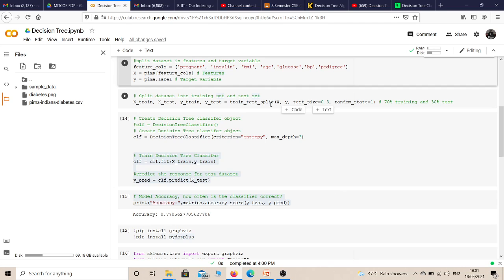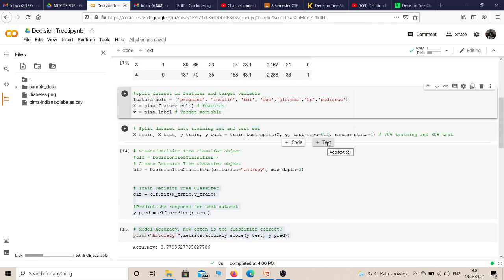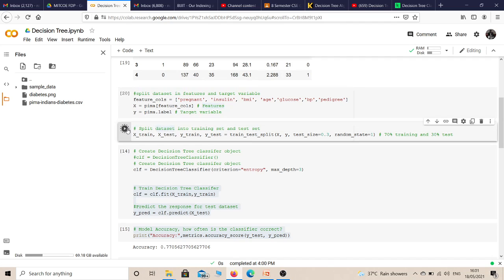For that function I am providing these 2 variables x and y, and here I am specifying the value 0.3. Test size equals 0.3. That means for testing I am going to use 0.3, which means 30%. So 70% is obviously used for the training purpose. So 70% is used for training, 30% for testing. As I execute this, my dataset gets split into 2 parts, train and test.